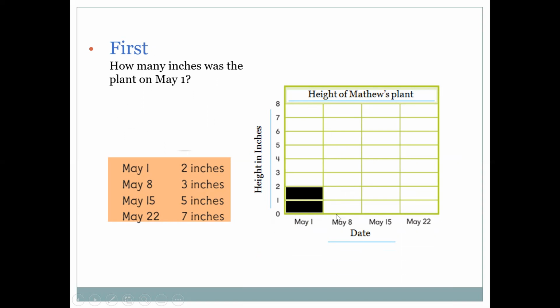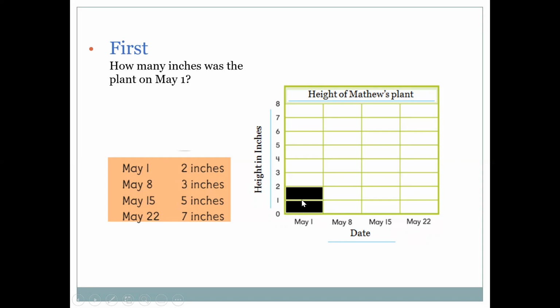Obviously, what will you do for May 8th? Will you shade till here? No, don't shade randomly. The moment you see May 8 here, you go and check your key. What does your key say? May 8, 3 inches, which means on the 8th of May, your plant grew by 1 inch, 1 extra inch,